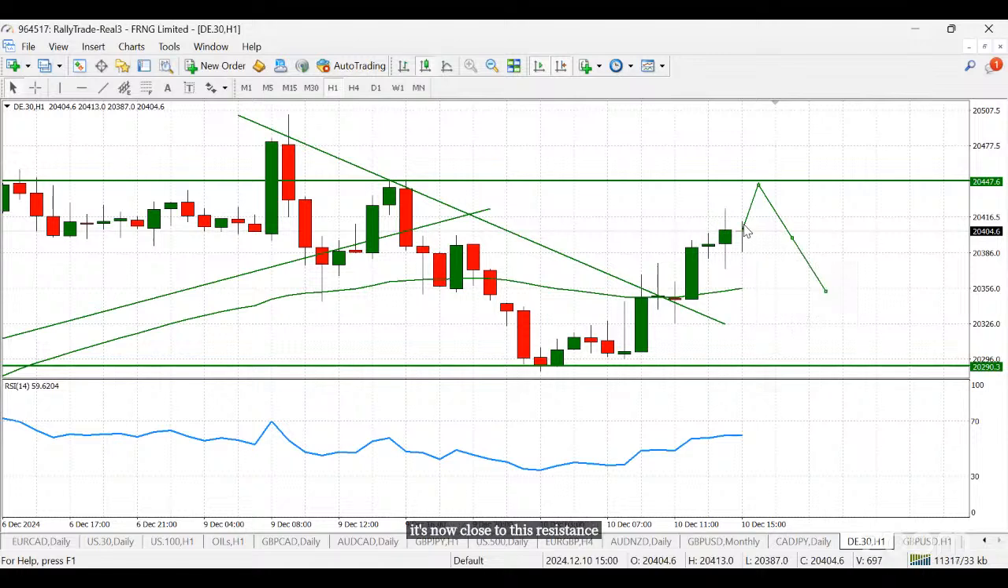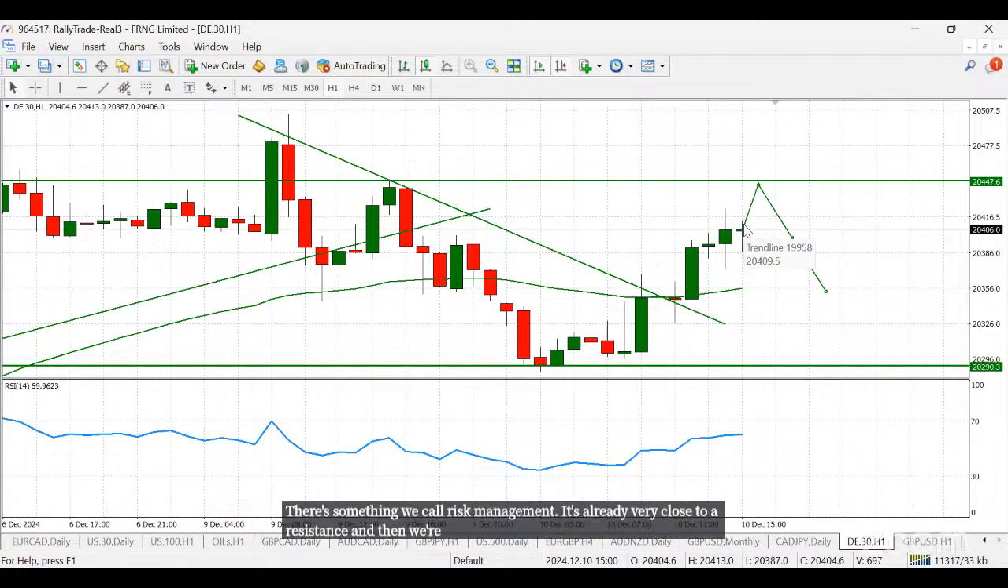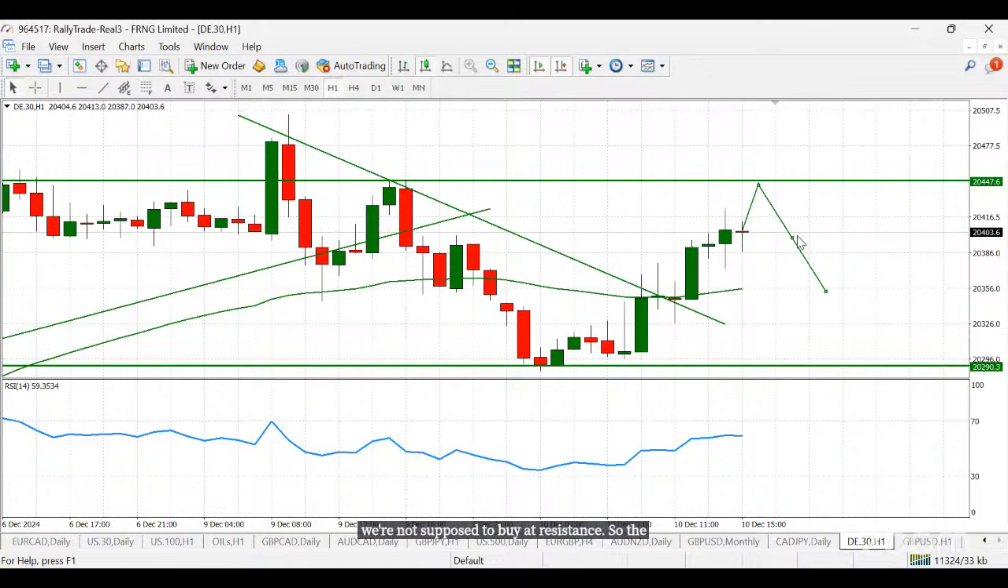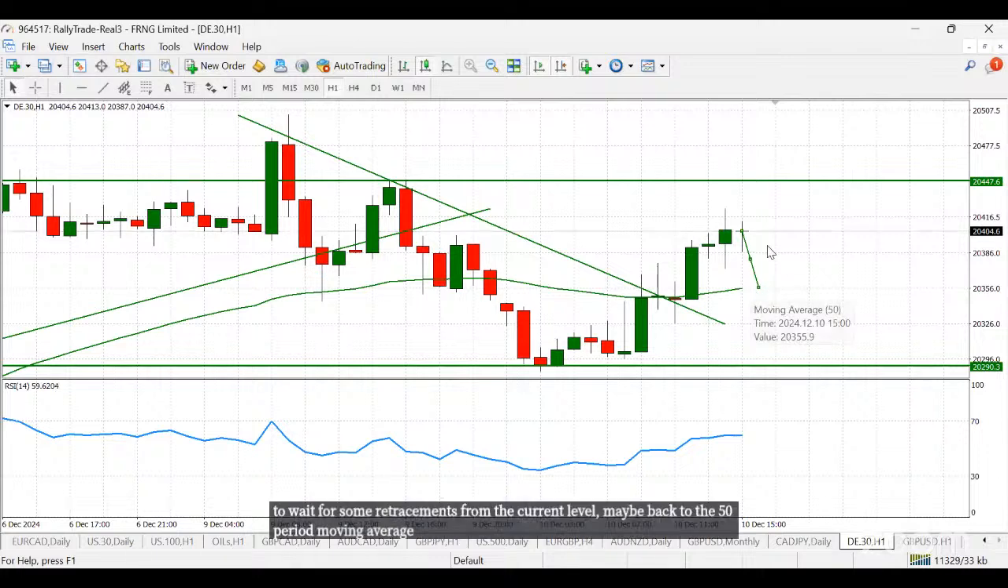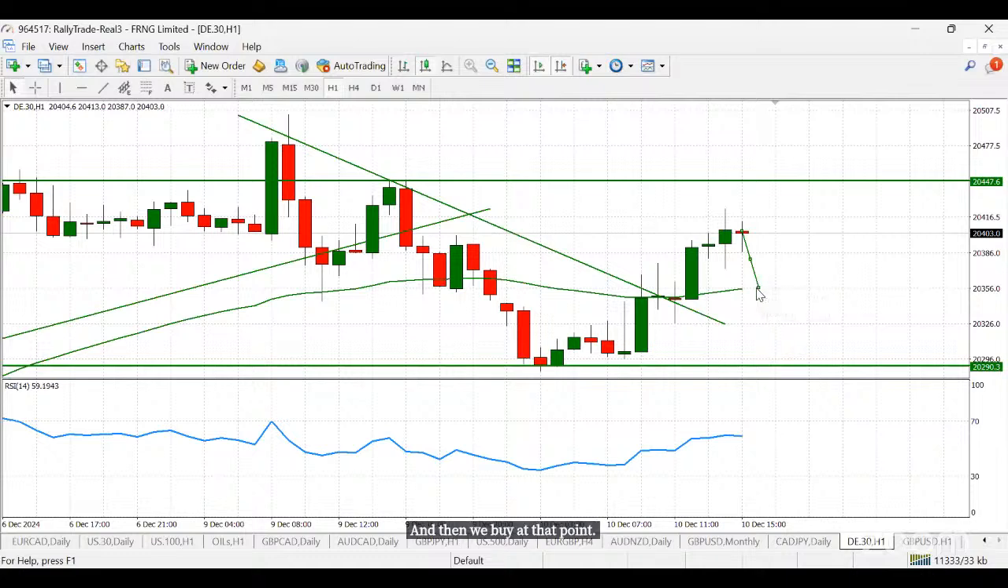Now, if you buy right here, there's something we call risk management. It's already very close to a resistance, and we're not supposed to buy at resistance. So the ideal thing would be, number one, to wait for some retracements from the current level, maybe back to the 50-period moving average, and then we buy at that point. Or we wait for price to break above the resistance so that the resistance can turn to support, and then we buy. Or at that resistance, if we get a bearish reversal pattern, similar to what we got here,